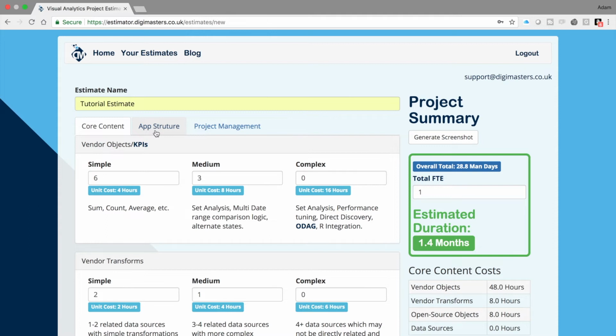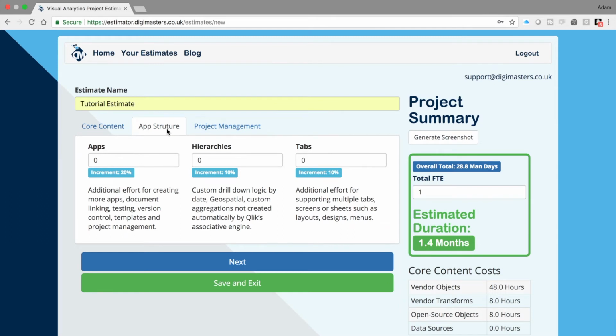We've now completed the first section of the estimator. To move on, either click Next or click the App Structure tab at the top of the table. There are just 3 inputs from this section, which includes the number of apps which we're estimating for, the number of drill down hierarchies and filters we require, and the number of tabs, pages or sheets there will be across the app. For this example, we're creating just one app for the KPIs we counted and input numbers for the